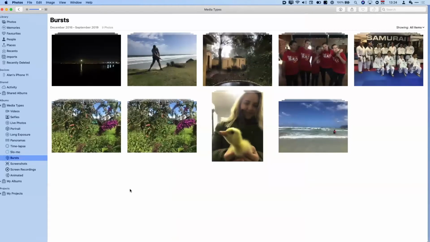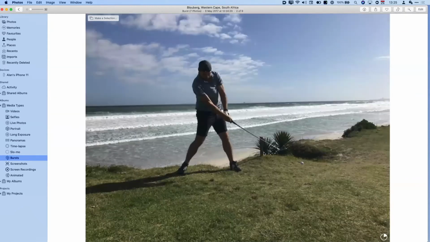Bursts are the equivalent of a motor drive. So those of you with SLRs, you could get a very expensive motor that automatically triggered and let you take, depending on how robust the camera was, 4 or 10 pictures a second, one after the other. And what this does is you can do that on your phone by holding the shutter down and keeping it depressed. If I double click on this, you'll see that I have,